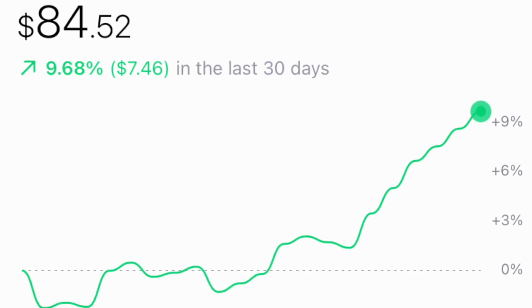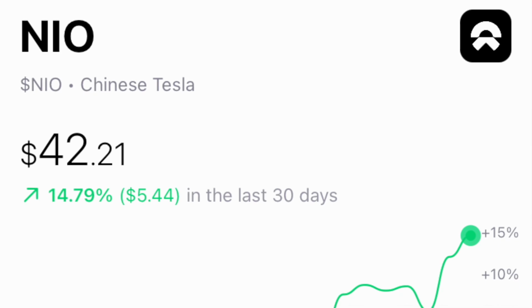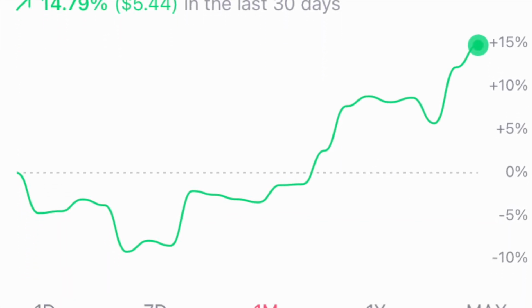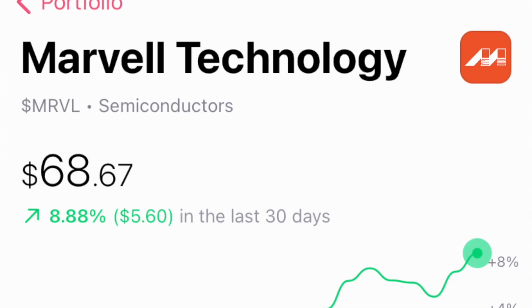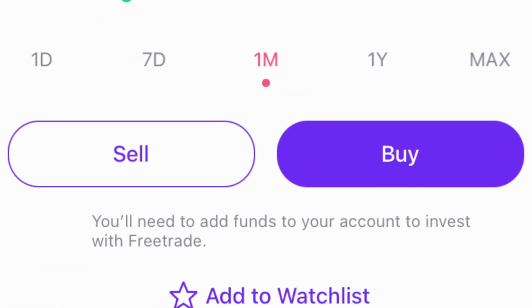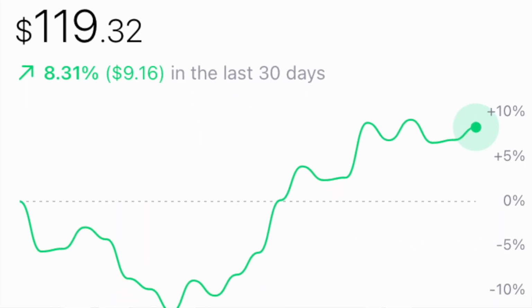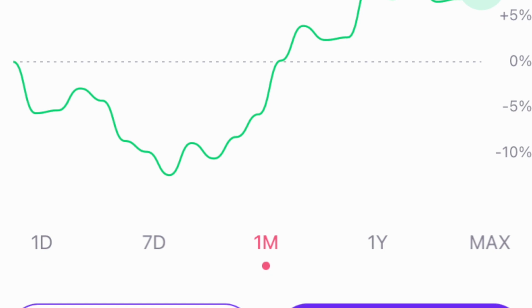So all of these have individually gone up over 8% in the last month, which I'm really very pleased with. So the first one is Nextera Energy Partners, which I bought very recently in the last couple of months. It's gone up 9.68%. Then NEO has gone up 14.79% in the last month. Marvel Technology again was one I added recently. It's gone up 8.88%. Twist Bioscience, another one which I added recently, is up 8.31%, and then Netflix, which was